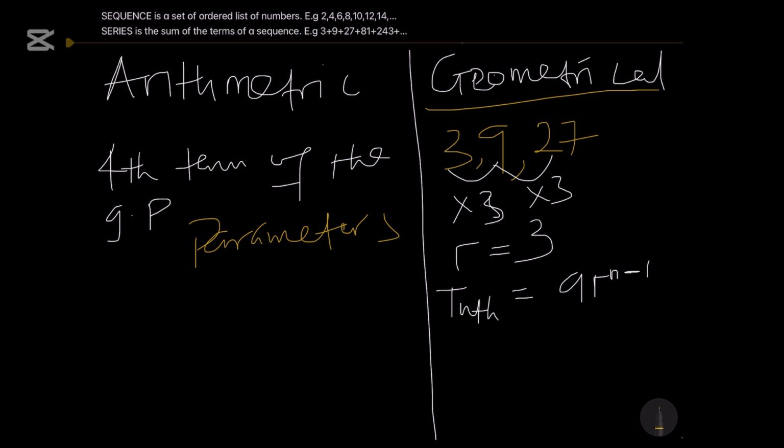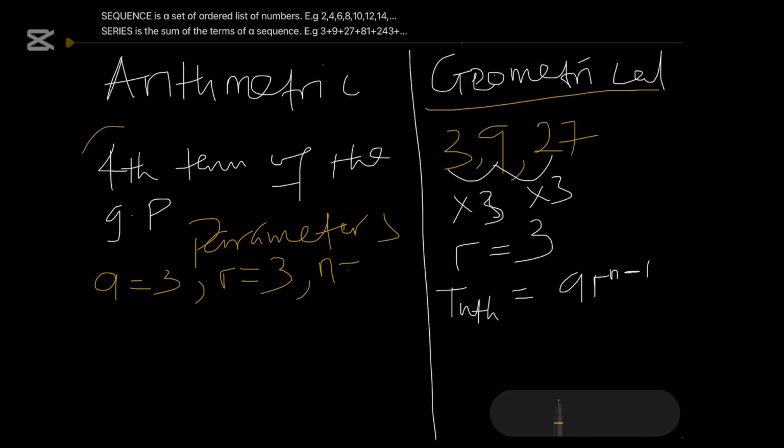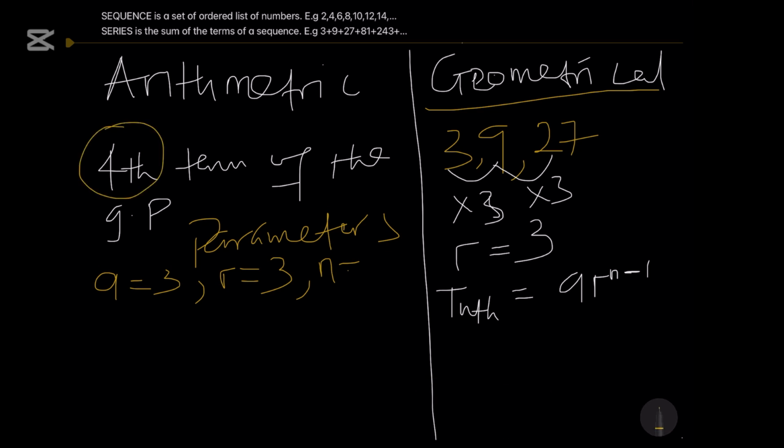So our first term is 3. Our common ratio is also 3. And then the number of terms which we are looking for, that is the fourth term, which is 4. So applying this formula,